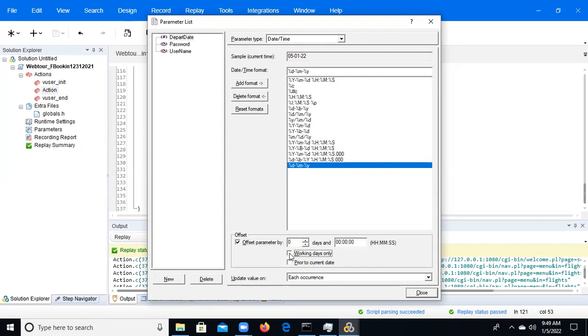Otherwise, if you do not need working days, unselect this one and give the number of days. Otherwise, if you want a period, select period and give the number of days. Okay, this is for the date and time parameterization.